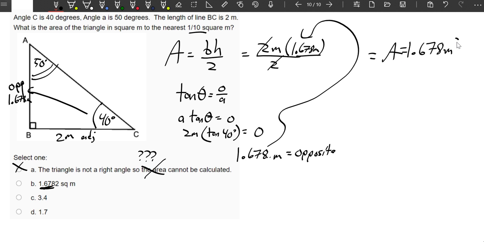1.678 square meters, which is really close to this one, except it only wants the nearest tenth. So this tenth of a square meter means I round this up to about 1.7 square meters. So I would choose D. That's the last one on this assignment. As you can see while doing this key, I've got two, I think, mistakes that I fixed before anybody got to them